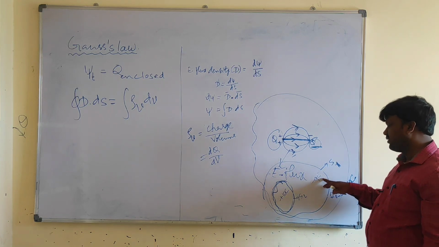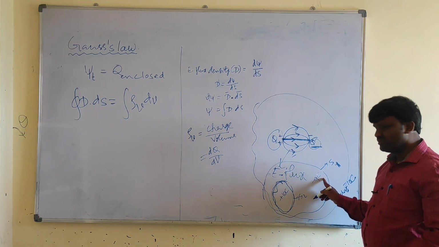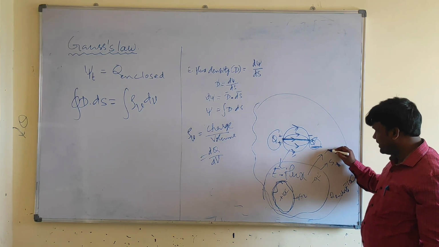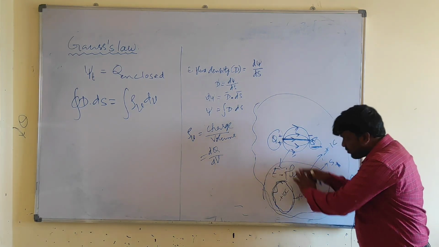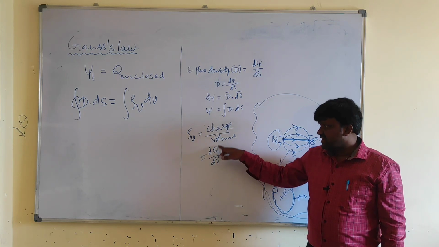10 coulombs plus 9 coulombs. Total charge enclosed by surface 1 is sum of these two charges. That gives what? 10 coulombs minus 9 coulombs. In this case, that is what? Plus 1 coulomb. That means as this area or volume changes, then as this volume changes, charge in that volume